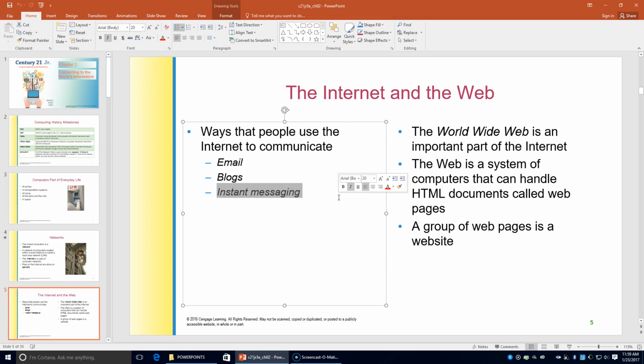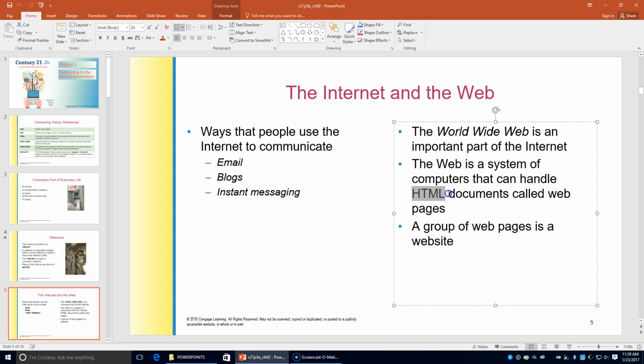Any part of the Internet is the World Wide Web. It is often called simply the web. The World Wide Web is a system of computers that can handle documents formatted in a special language. The language that the Internet uses is called HTML, or Hypertext Markup Language. HTML documents called web pages can display text as well as graphics. They allow users